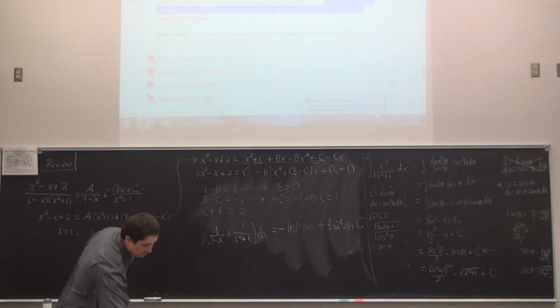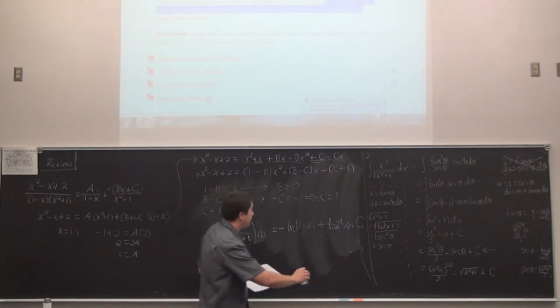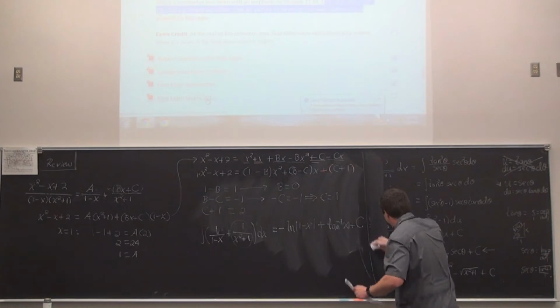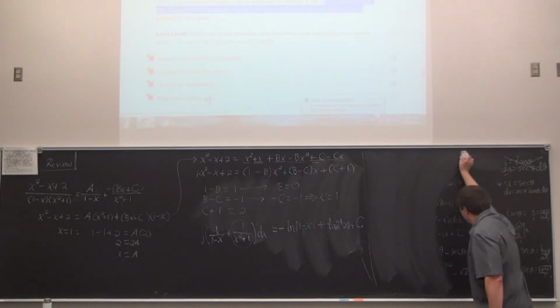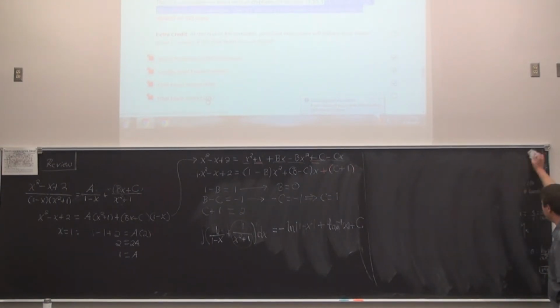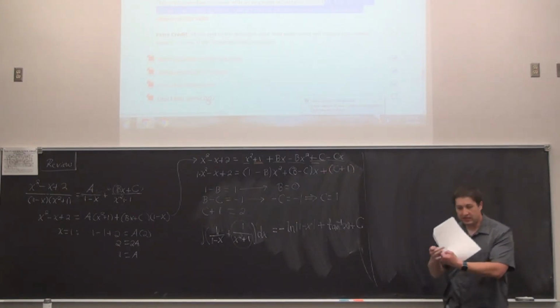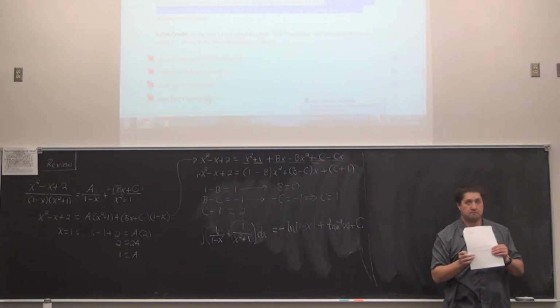Problem number 4 says, explain briefly why the integral given below is an improper integral. It's kind of a weird question, but there will be some brief explain type questions like this one. It says briefly to indicate you really don't have to say much. You just have to say the right thing. So anyone see what makes this integral improper?